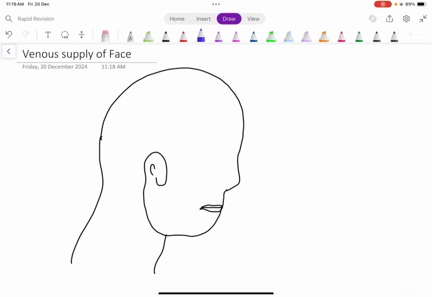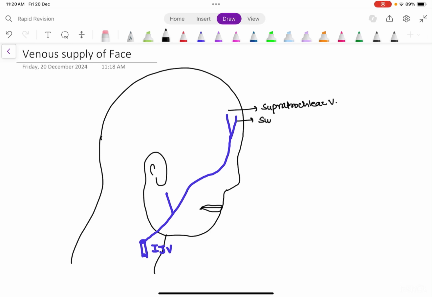So first of all, I have some two veins here, right? Then they go like this into the internal jugular vein. So this is internal jugular vein. Then I have one branch over here. So let's just follow the course so that you can remember it also. So first of all, the two branches that I made are supratrochlear vein and supraorbital vein. Alright, then here they form the angular vein. Then the angular vein drains into the facial vein.